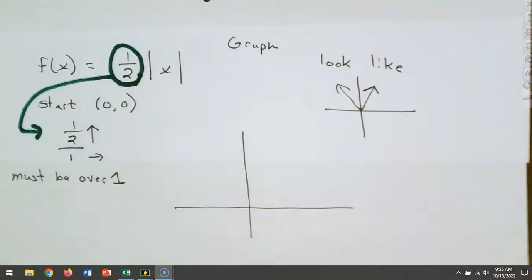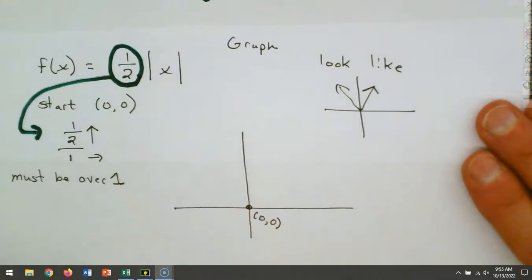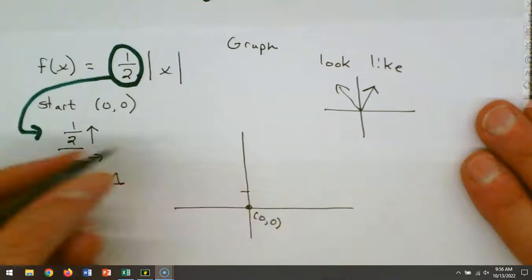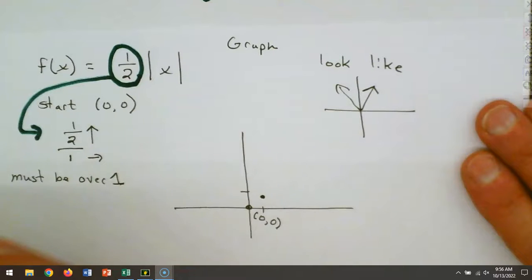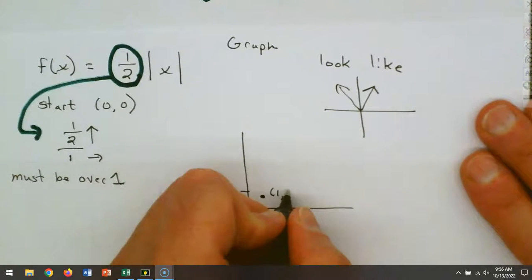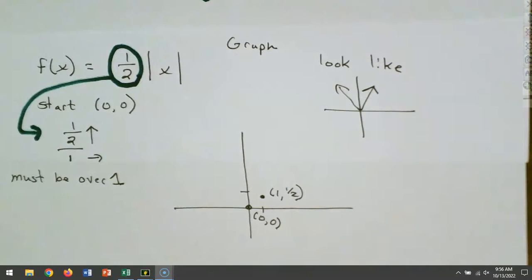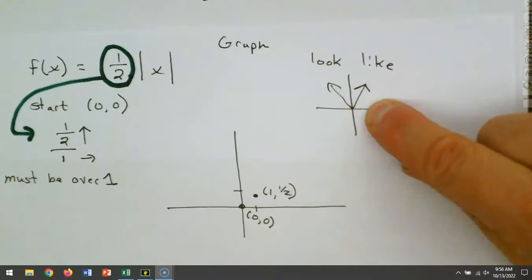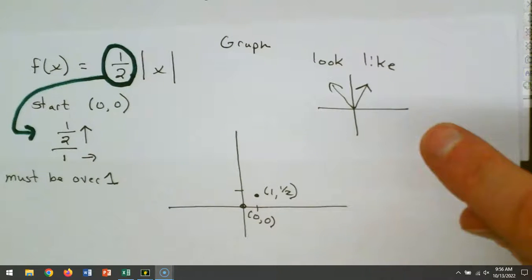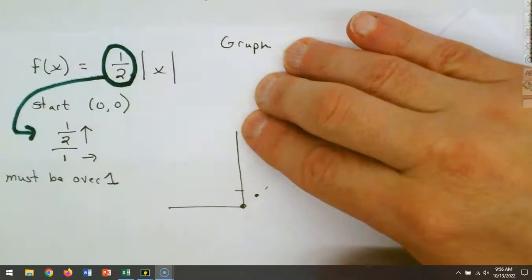Now, where do we start at? Start again at 0, 0. So there's that. We're going to go up about 1/2 over about 1. So that's going to be at 1, 1/2. We're not going to connect them together with the curve. It should make a V. All right, so we need to make sure we have a V there. So we have 1/2 of it. If I connect these together,